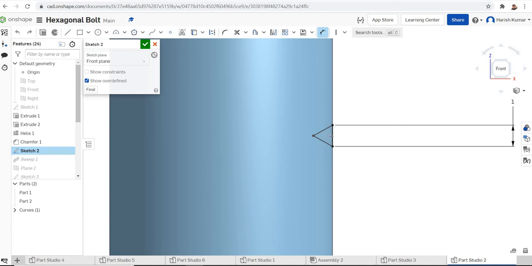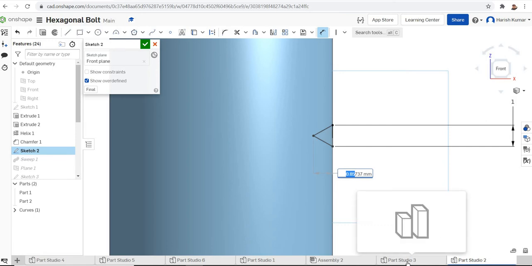Click this and this and find out what that distance is. Okay, so that is 0.8737. So you can just copy this, Control C, and come back to